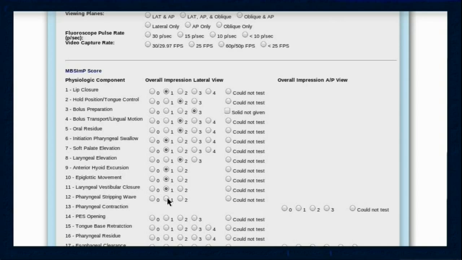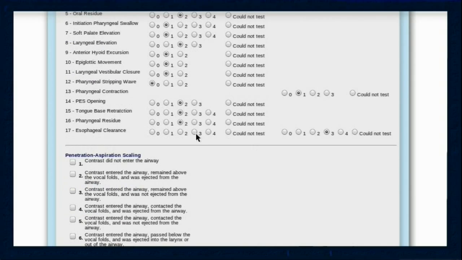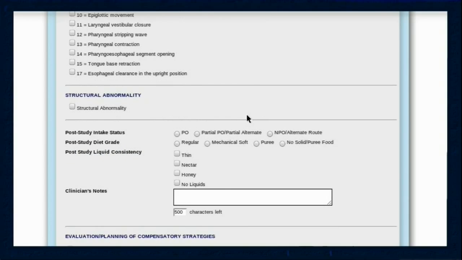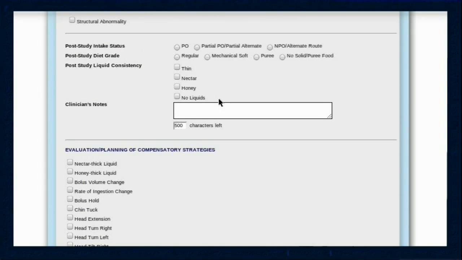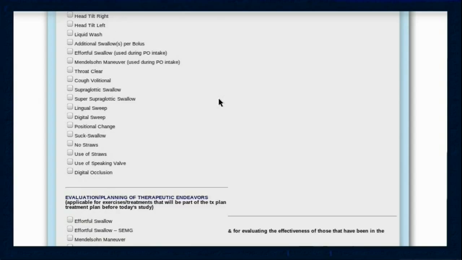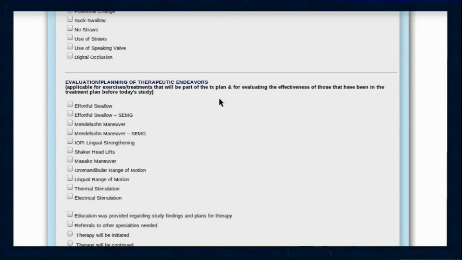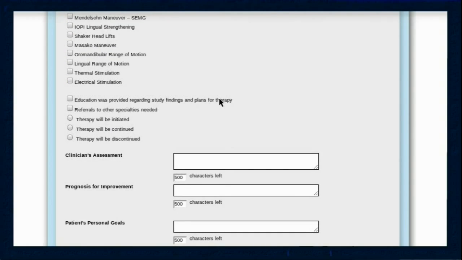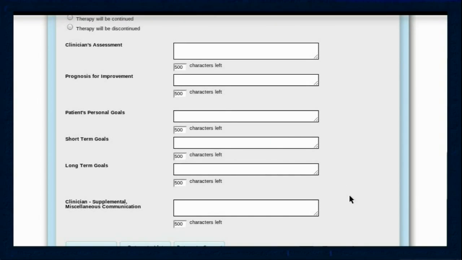The penetration aspiration scale is also provided. Delineation and success of strategies used and exercises that have been used over a course of therapy and seem to have been effective. Post-study recommendations for nutrition, referrals to other disciplines, and of course, proposed plans of care, short and long-term goals and